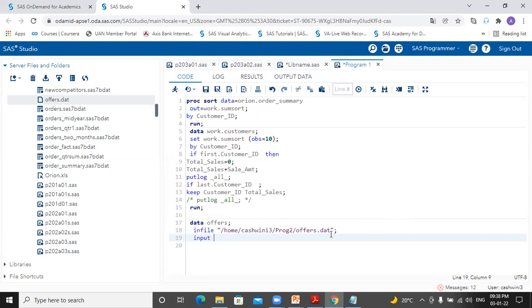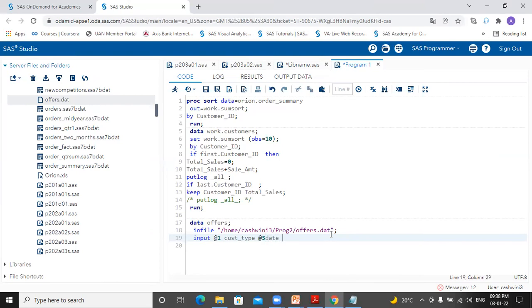So with the input statement, we'll be telling SAS that at the rate, it's called a column pointer, at 1, it should start reading the column. The name of the column we gave it as customer underscore type. Fine. Then at the rate at column number 5, it should start reading date.